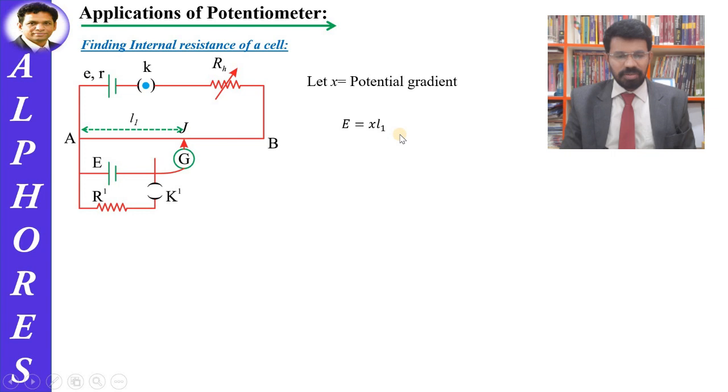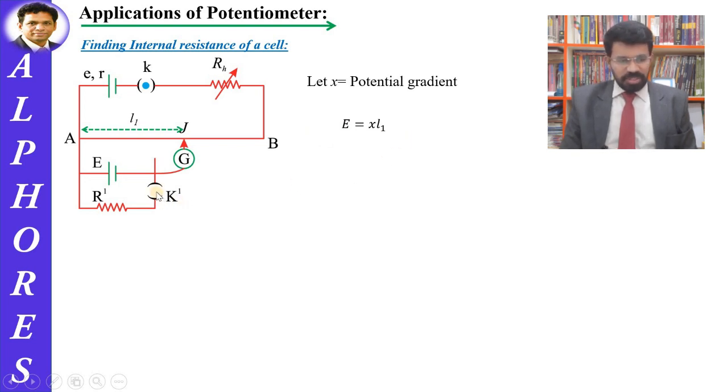This is a very, very important conclusion. In a similar manner, we will be handling further applications also. Whenever there is a null deflection in the galvanometer, we say that we have obtained balancing length, and whatever potential difference is there across that length, that potential difference is exactly equal to potential difference across the secondary circuit. Here in the secondary circuit, only one element is present, that is the cell. So whatever this cell EMF is, that EMF is exactly equal to potential difference across this L1, which is the balancing length here. So you can write E is equal to XL1.